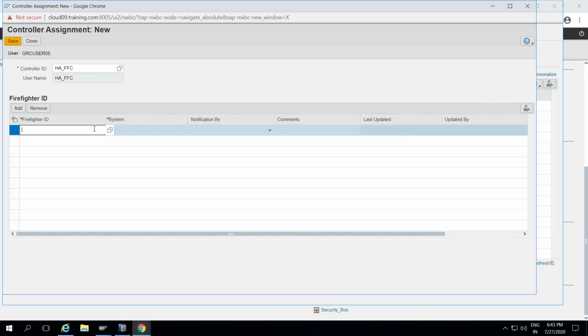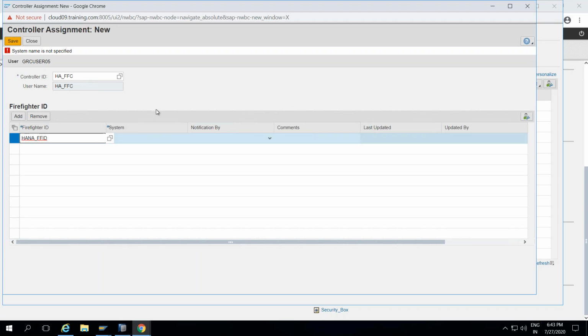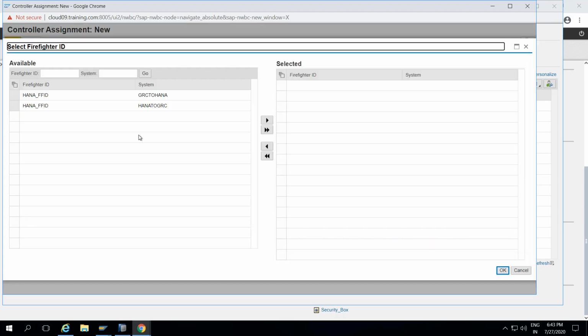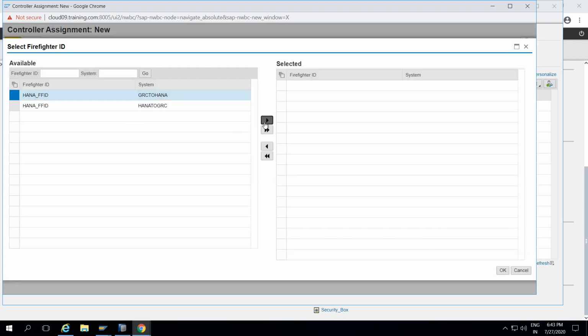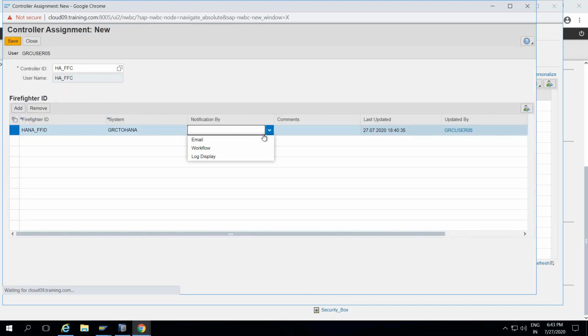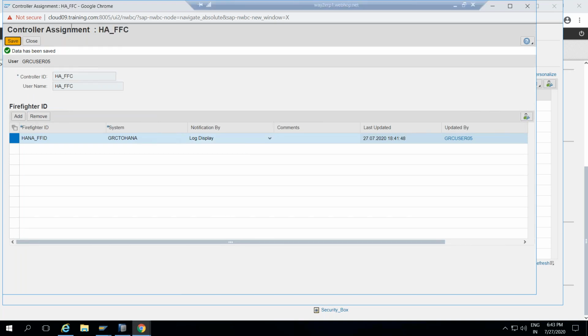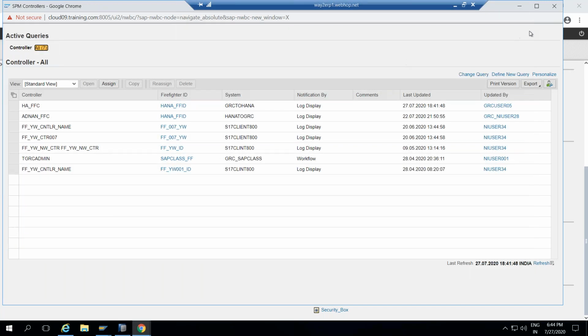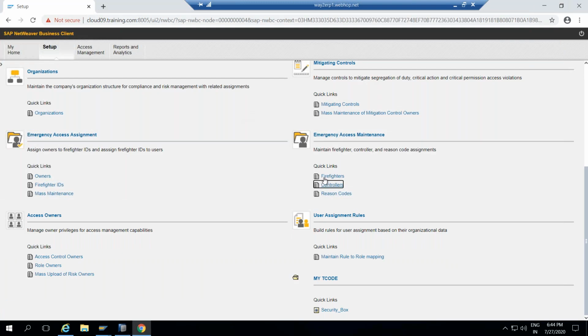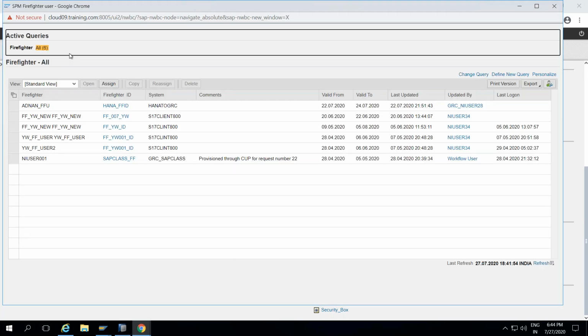Add the firefighter ID. Okay, and what are the system names? So I'm taking GRC2 HANA. Okay, and notification. By default, right now I don't have any email, so I'm taking the logs. The next step, assign the firefighter user to firefighter.